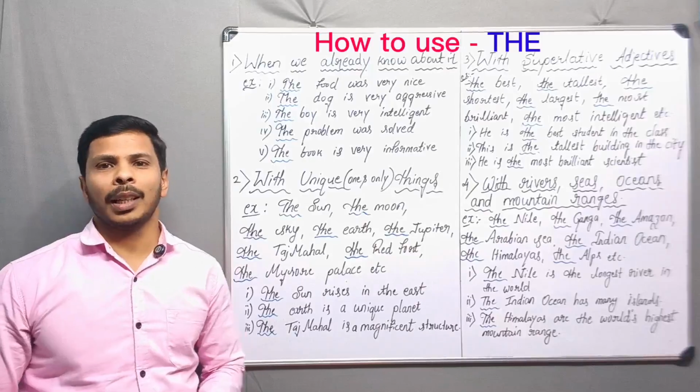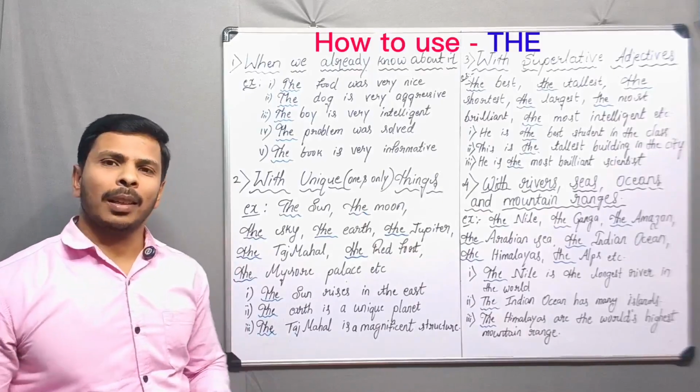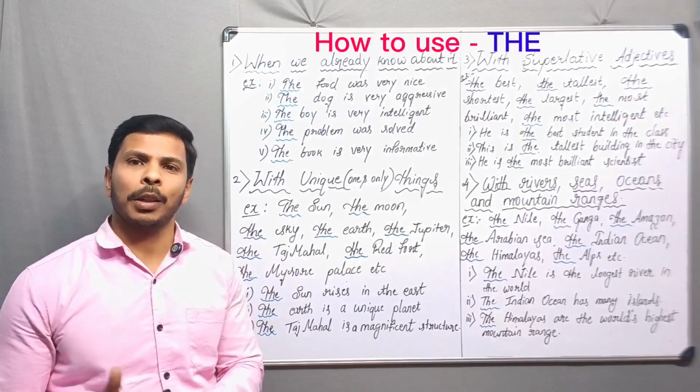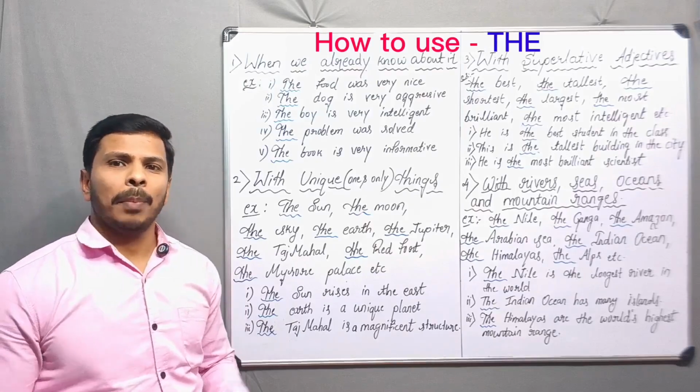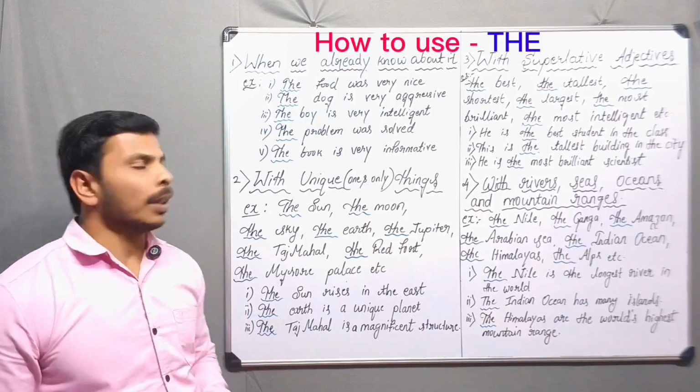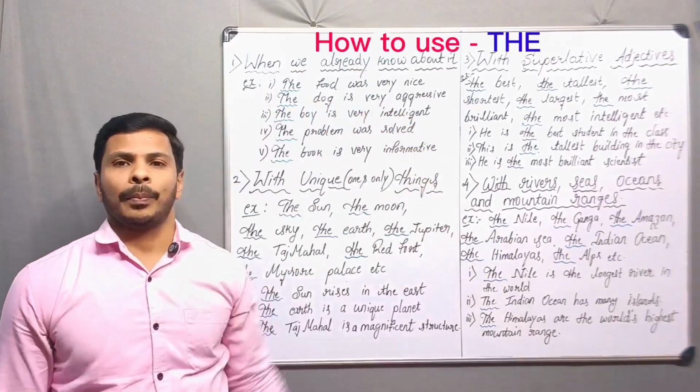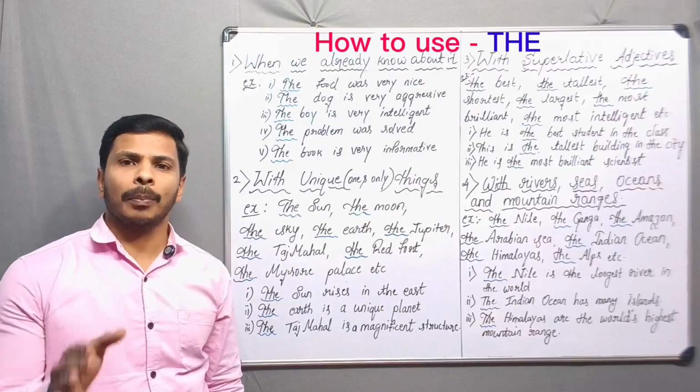How to use the definite article "the" in English. Many times we get confused about where to use "a" or "an" and where to use "the". With simple grammatical rules we are going to learn about it. So first of all, when we already know about something, when you are talking about something which you know